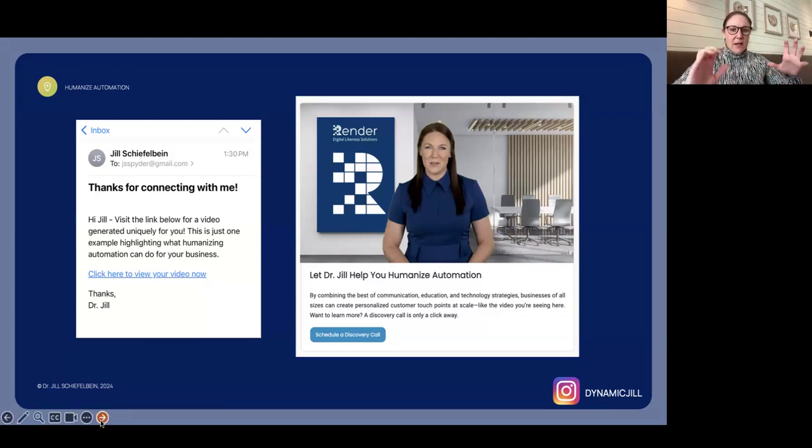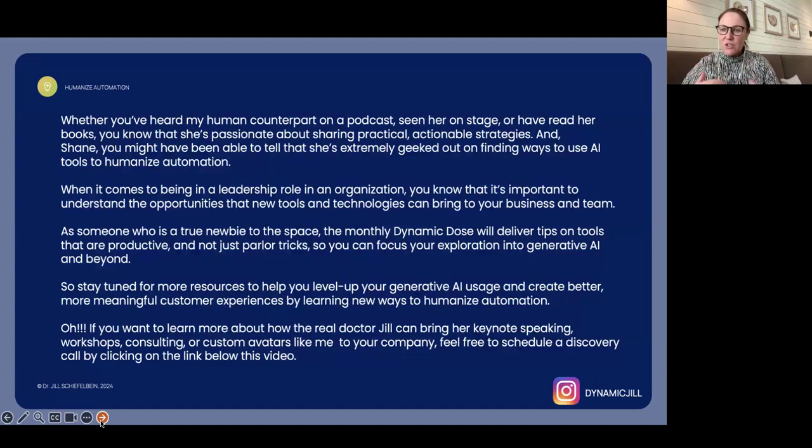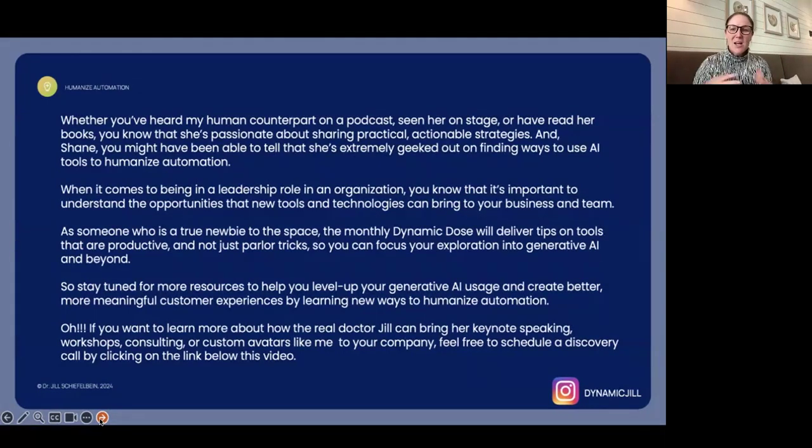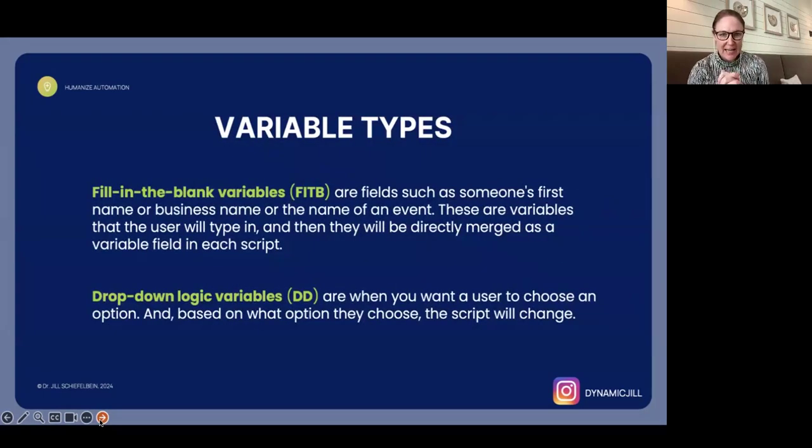Now, let me break it down to you from a scripting perspective so you can see what I was thinking I wanted to communicate and then how it actually happens. So you can see here the script. You don't need to read through it all. I want you to see it in this form because you're going to then see, and again, this recording will be sent out if you want to analyze this a lot further, the variable types that can go into it from an automation standpoint.